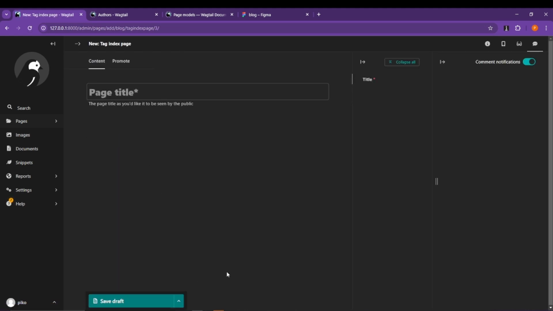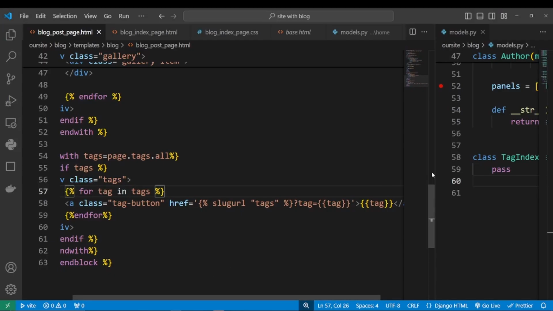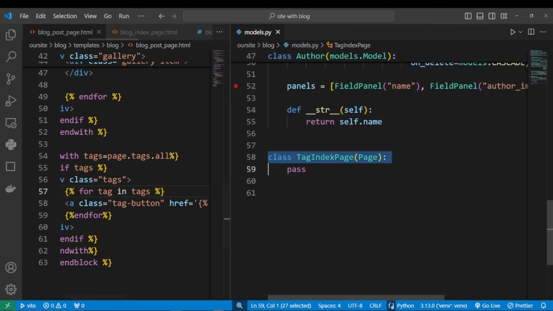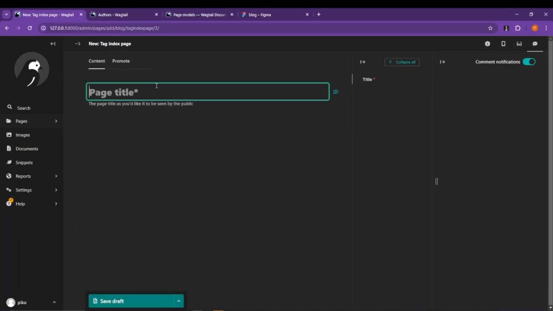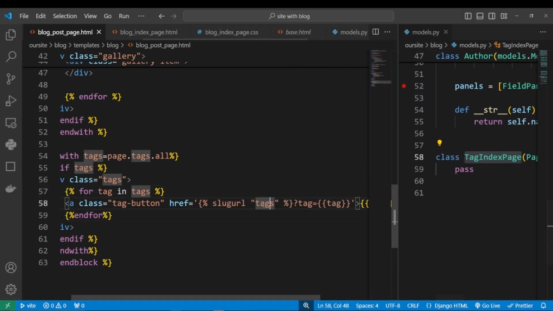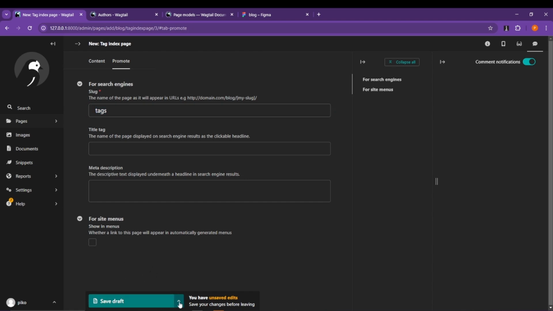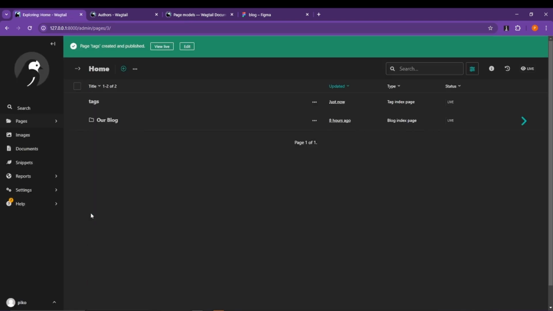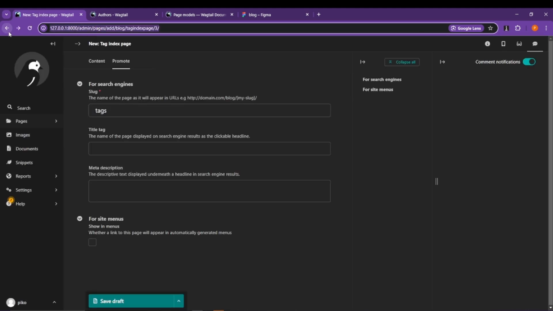And we haven't added any fields to our tag index page, so that's why all we have is a title field. Let's make it tags and let's go to promote and make sure that slug says tags, just like in our URL. Alrighty, now let's hit publish